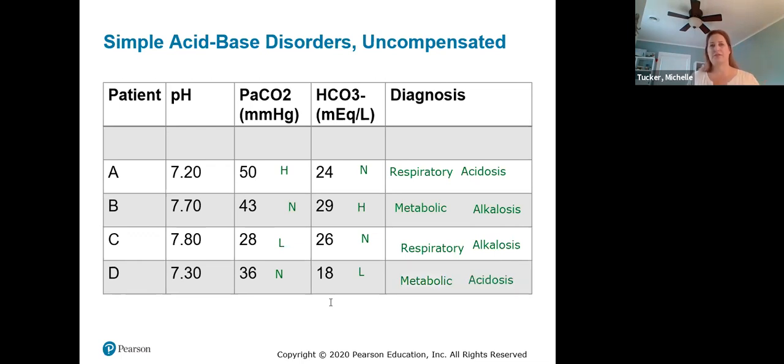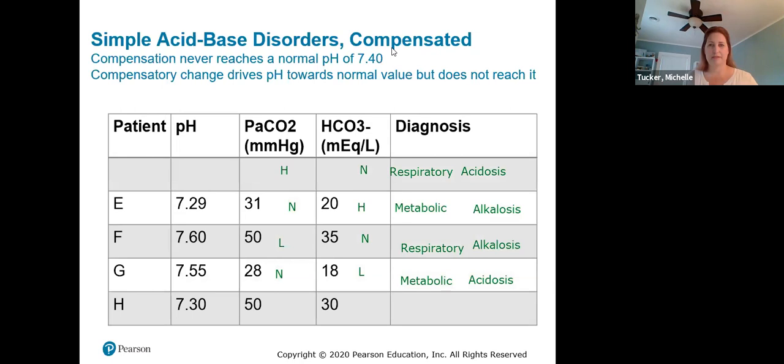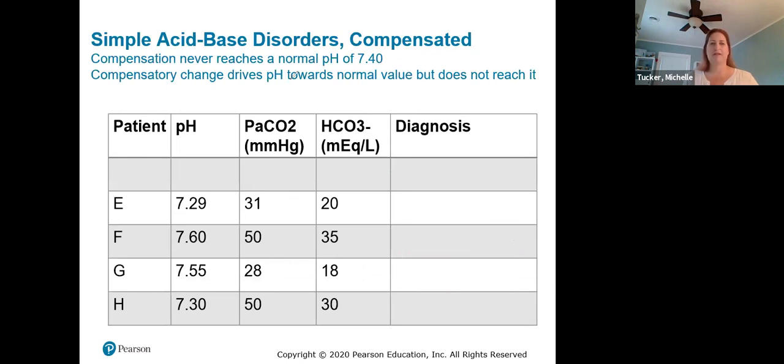You will have 2 questions. There's 3 questions actually from today. 2 look eerily similar to what we're doing. One from this slide, and then one from the next slide. Clear those. Okay. So this is simple acid base compensated. And it gets a little bit more complicated, but it starts the same way with